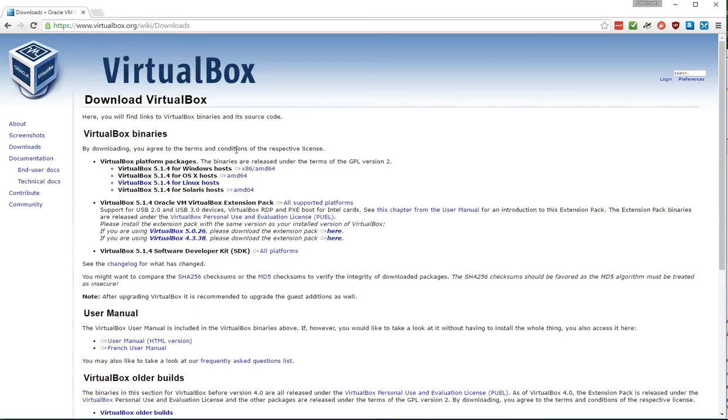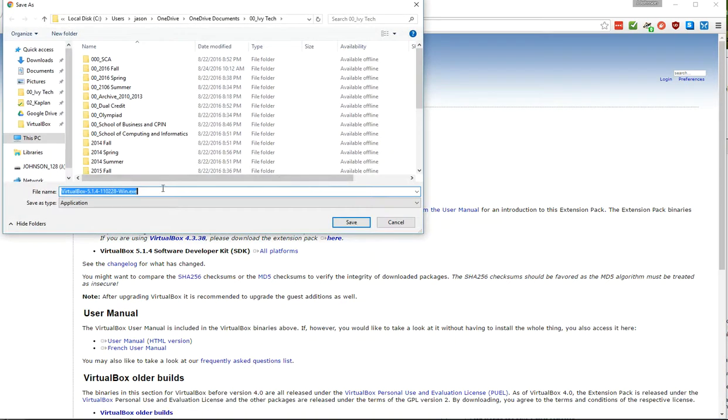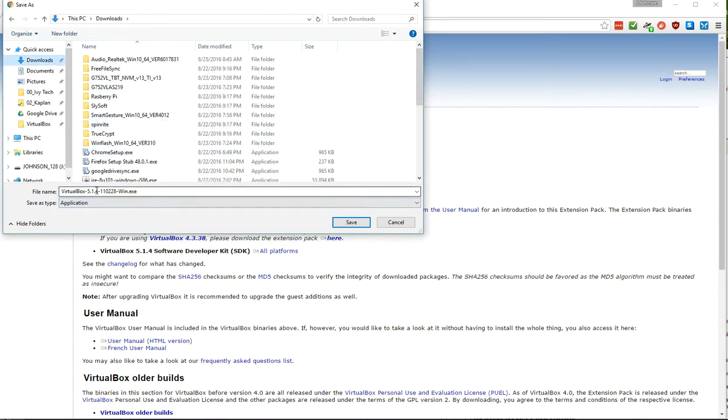But I'm going to go to the downloads version here, and depending upon which operating system, your main operating system you're running, you can do for Windows host. That's Windows 7, Windows 8, Windows 10, and I'm running mine on a Windows 10 machine, OS X, Linux, or Solaris, and just select the x86 AMD 64. And depending upon which one you want to get there, you're just going to put that in your downloads file, and you're going to put that in and install that.